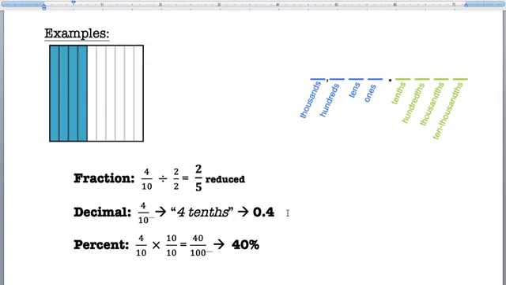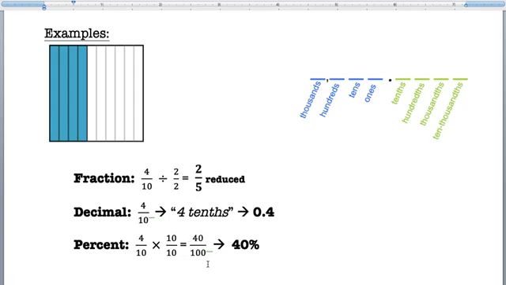For percent, remember that percents have to be out of 100. Our 4/10 as a fraction was so close, right? It was 4/10. So all we have to do is get that 10 on the bottom to a 100. 10 multiplied by 10 is 100. The top, the numerator, will also have to be multiplied by 10 because we want to keep those ratios equivalent. So instead of 4/10, we get